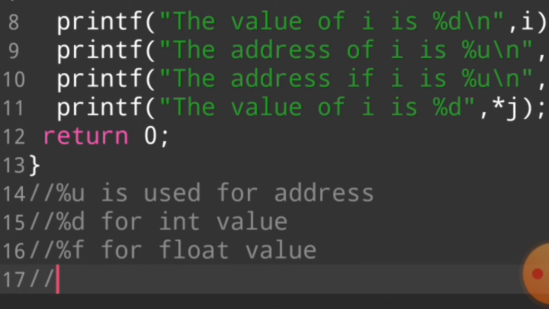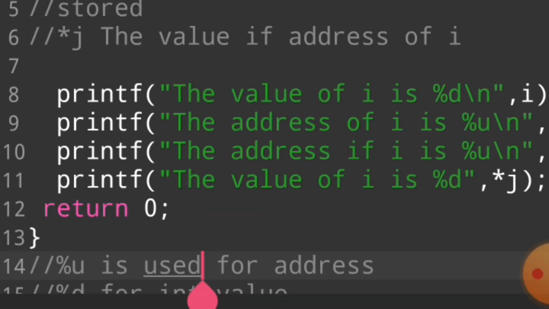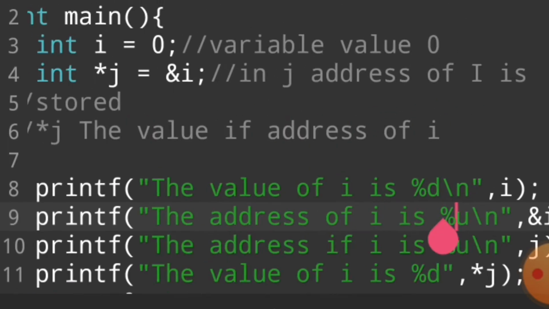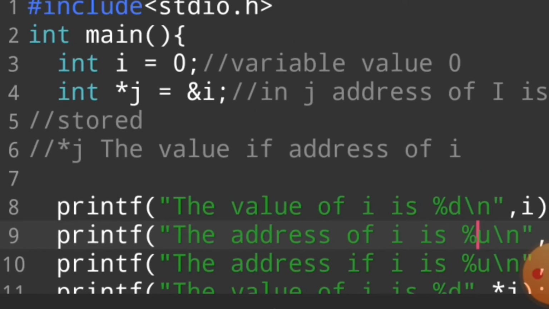We use %c for character values. So we use %u for addresses. If we want to print the address of any value, we use %u. When we want to print an address, we always use %u.